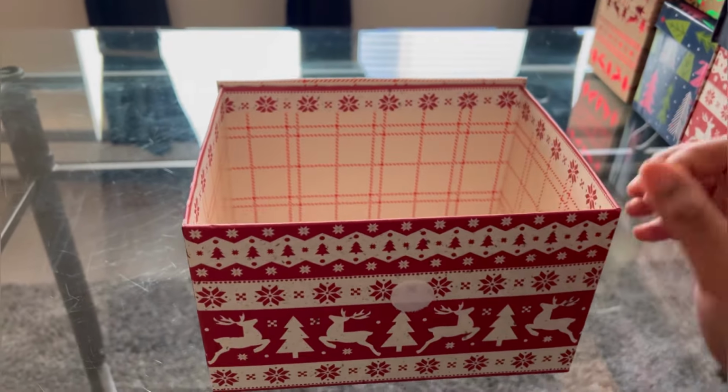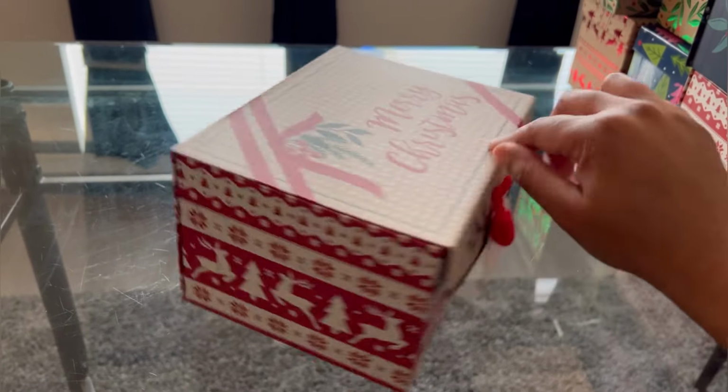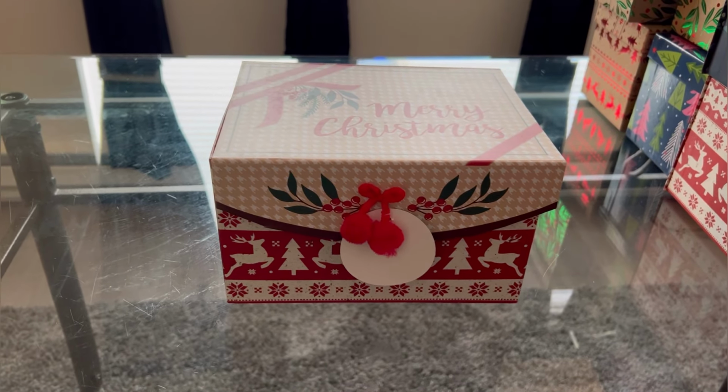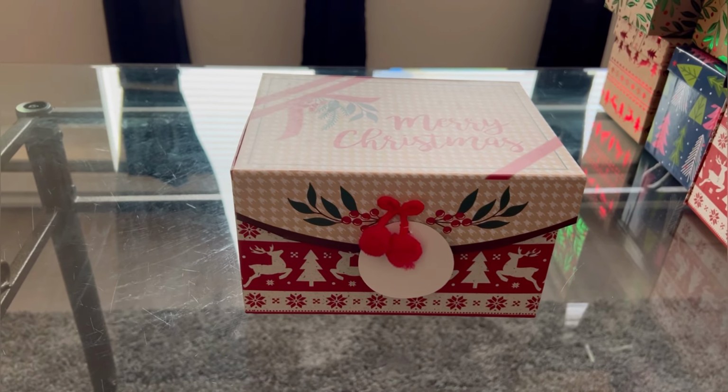We are going to transform this Christmas gift box and rock it for Valentine's Day, okay? So it's super simple and super easy. All we're going to do again is use Dollar Tree vinyl. All right? With that being said,